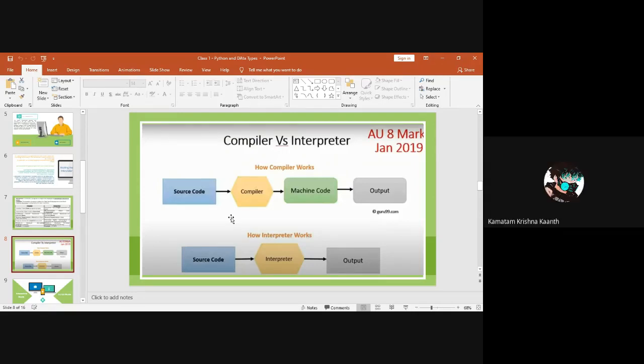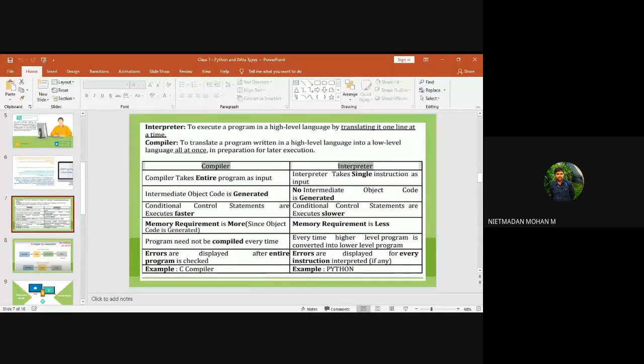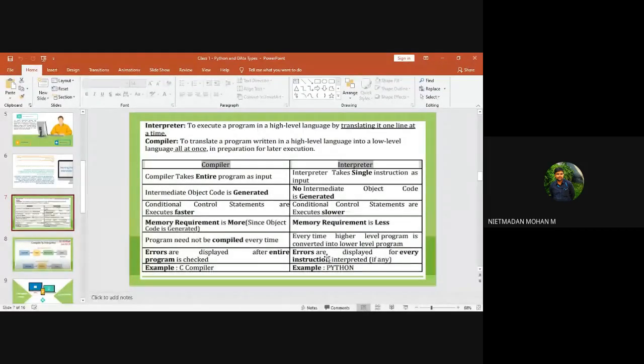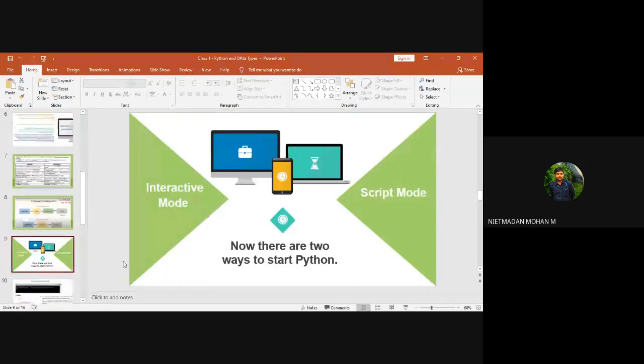Yes, sir. Sir, so Python is an interpreter language. Right, Python is an interpreter language. So in this case, you no need to compile each and every piece of code. You directly run the Python code and it will produce the output. I have given some lines of code in the first unit: if you type the code and press enter, it will produce the result. In a compiler, it doesn't work that way, you have to compile that code, and only after that the result will be displayed. Clear?